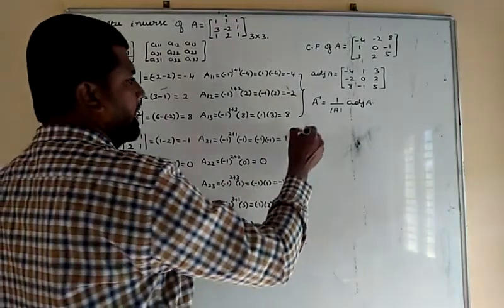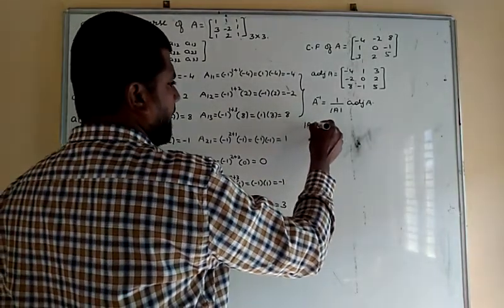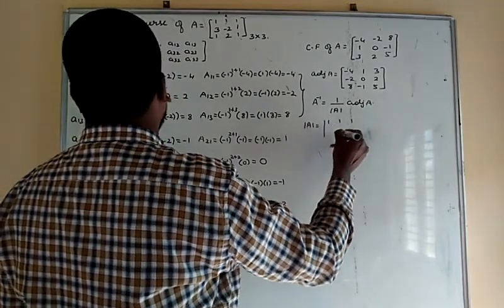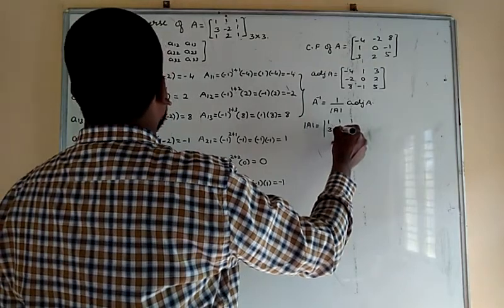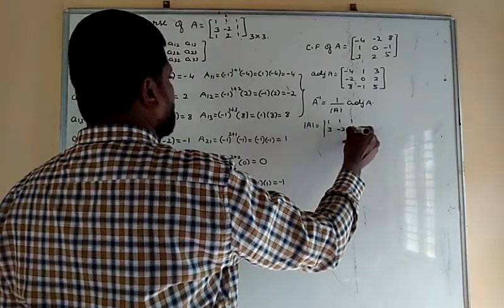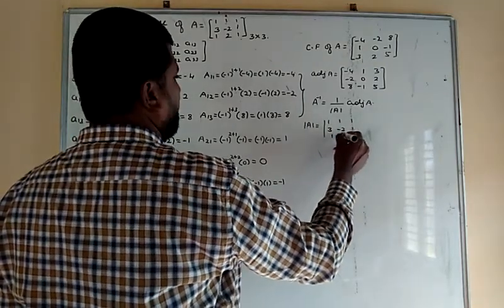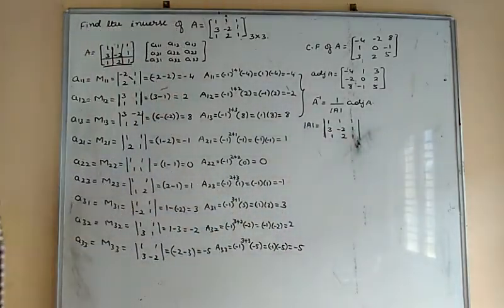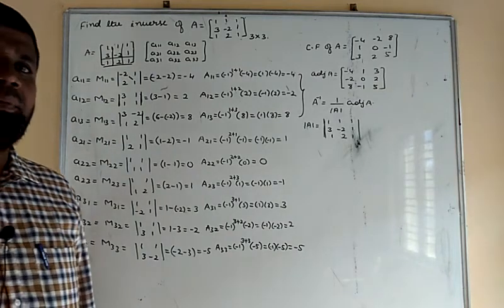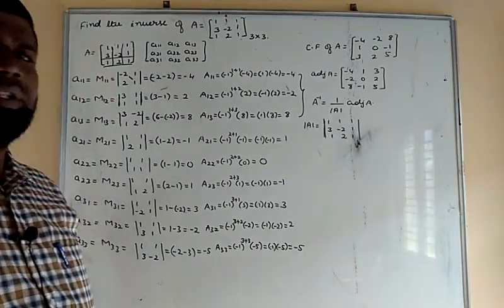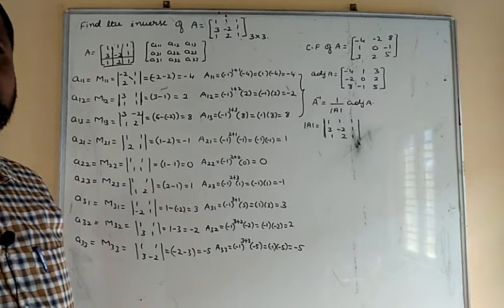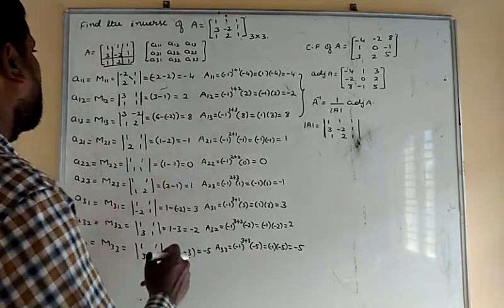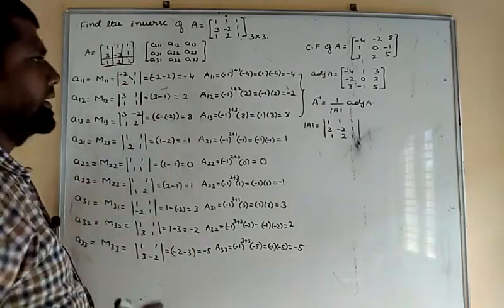Let us find the determinant of A. So the determinant of A is equal to, so what is the determinant? 1, 1, 1, 3, minus 2, so 1, 1, 2, 1. We can find it by using, in 4.4, we have solved the problem by using the third row, third column cofactors. That method you can follow here. Let us follow here by taking the first column.